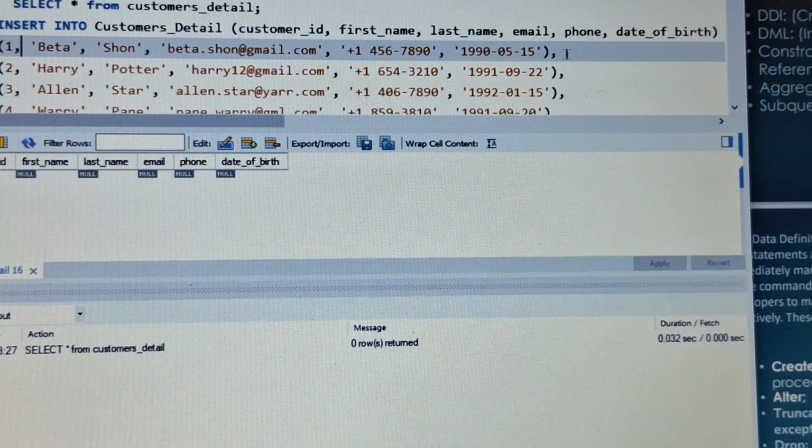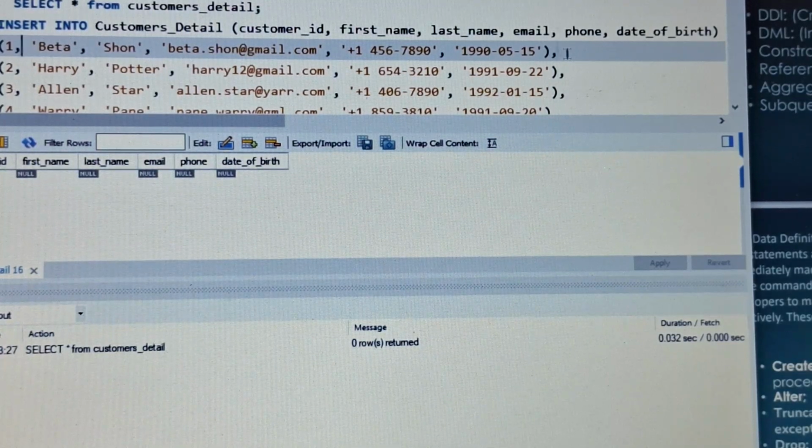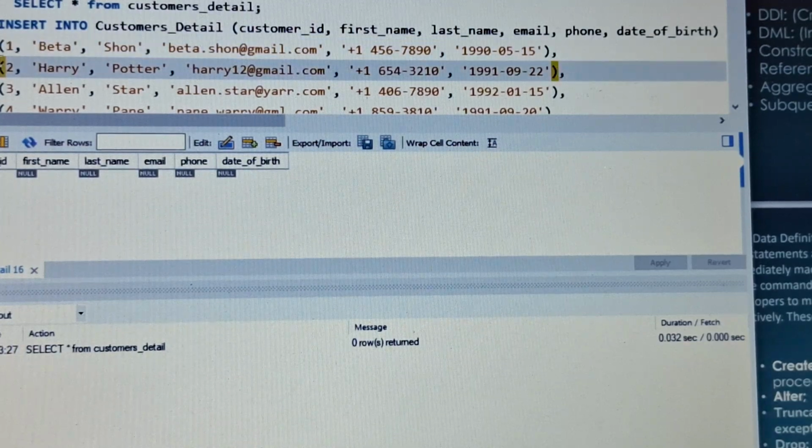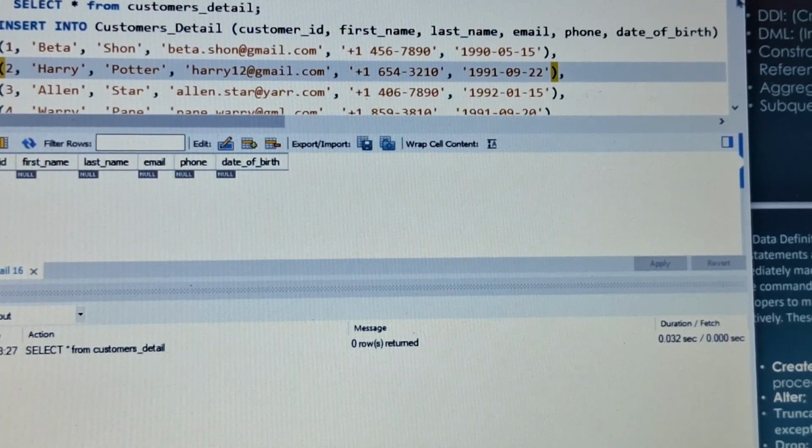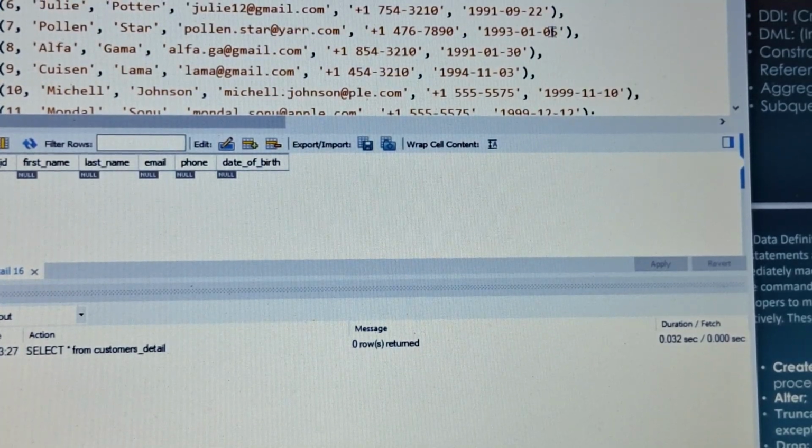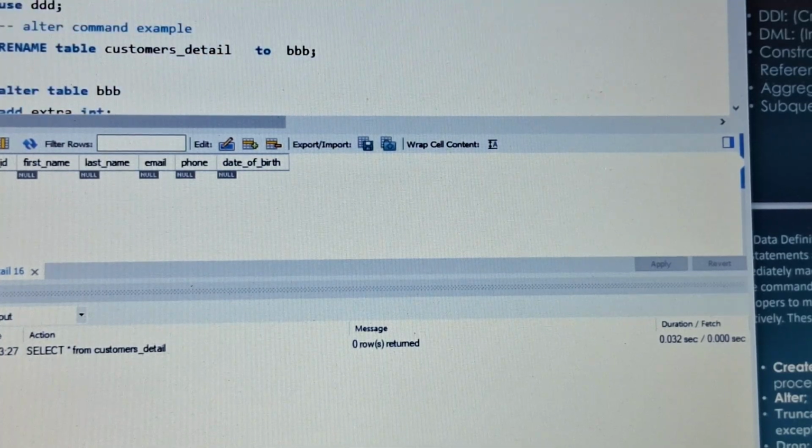To add another value, just type a comma and make another record. So in this table I am having 10 records. I'm having 11 records.